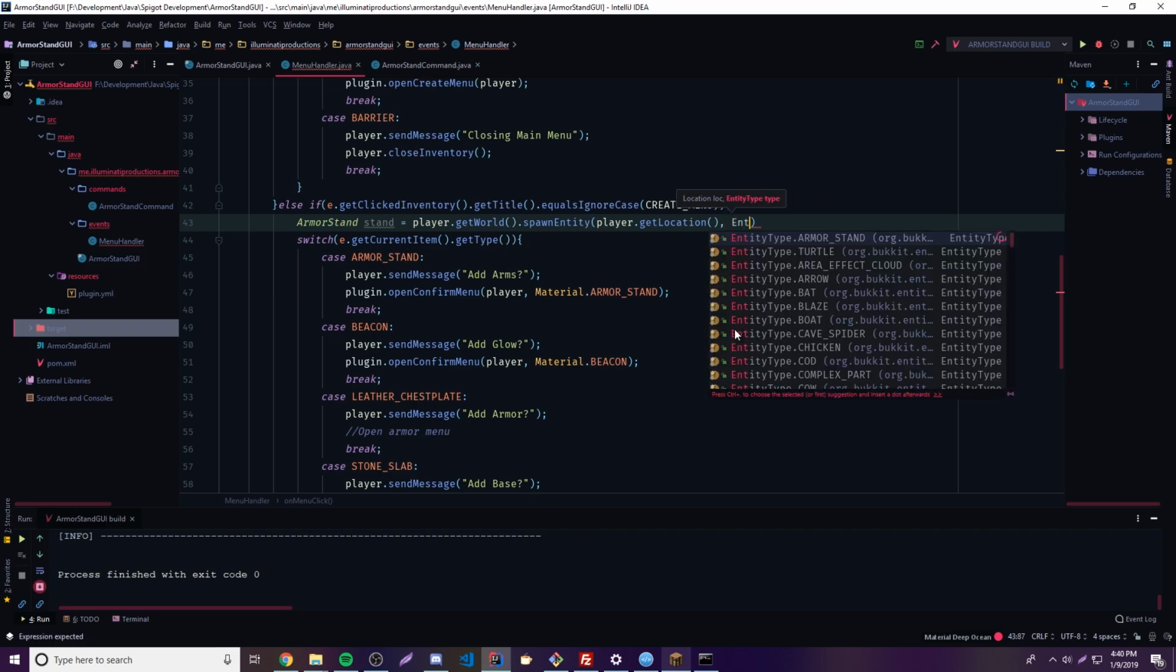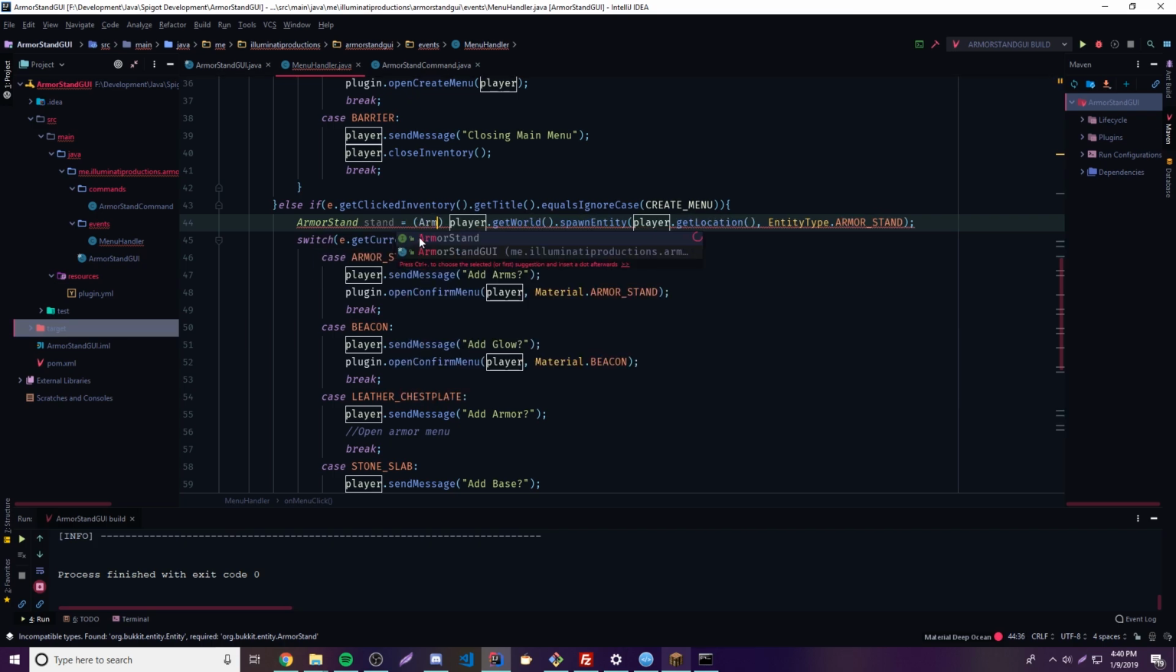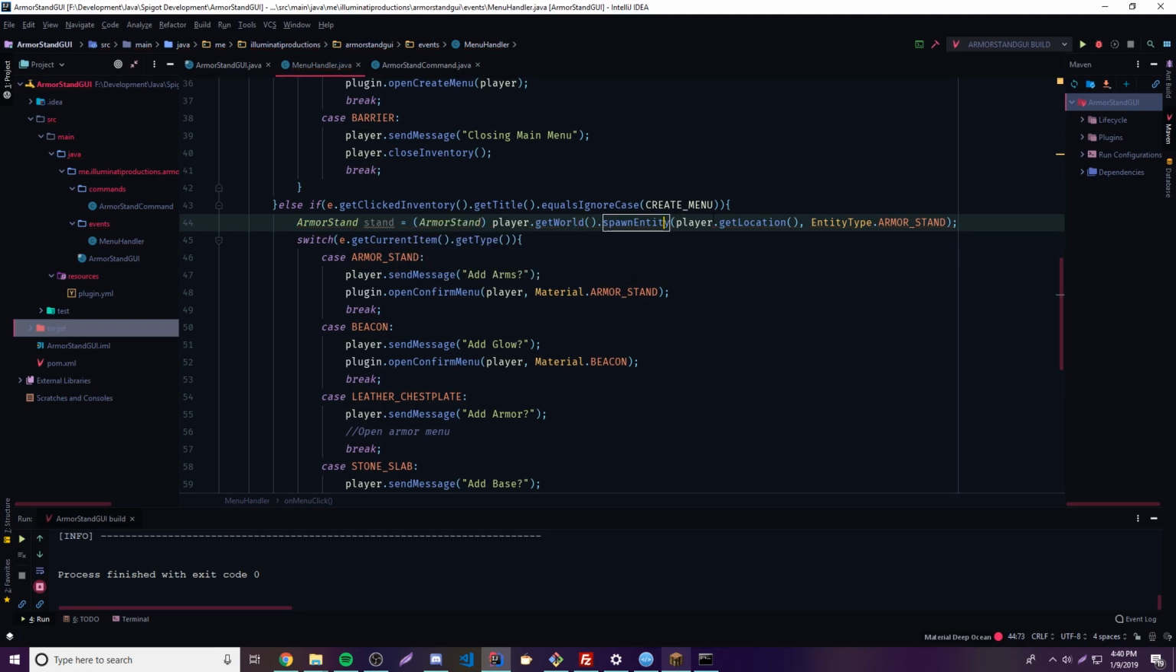Okay, I'm getting bullied by this thing. There we go. So entity armor stand. So that alone will create an armor stand at the player's location, right? We have an error here for some reason. Oh yeah, because we need to cast this to armor stand. Armor stand, right? So that will create the armor stand and spawn it in front of the player whenever